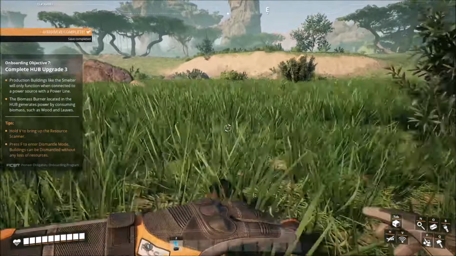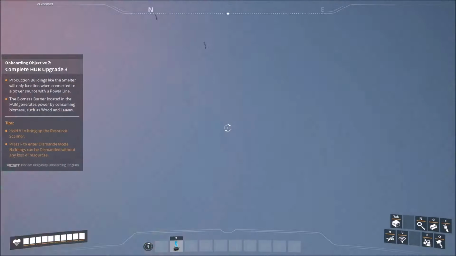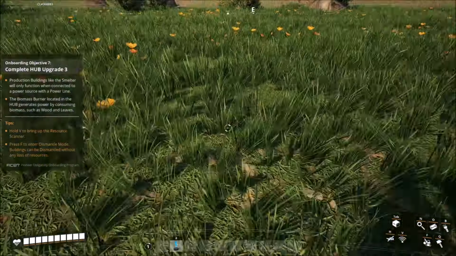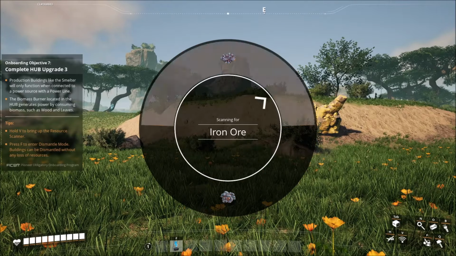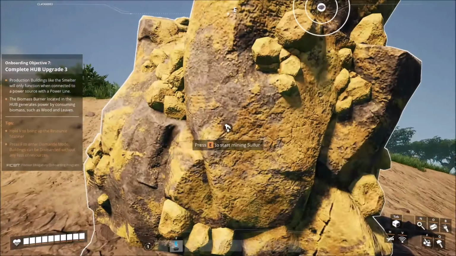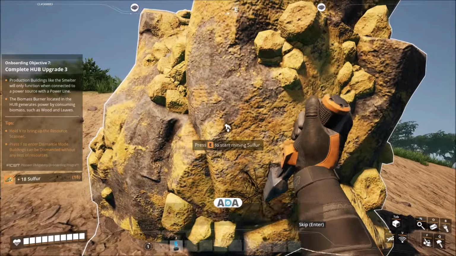Okay, so here's another thing that just pops up for us here, and I kind of want to show it to you guys. Sorry, I'm fiddling with my mouse. Hold on one sec. There we go. Okay. So, if we hold V, we have iron and we have copper. However, this is sulfur. If we go ahead and we start mining sulfur, we're going to get a little...